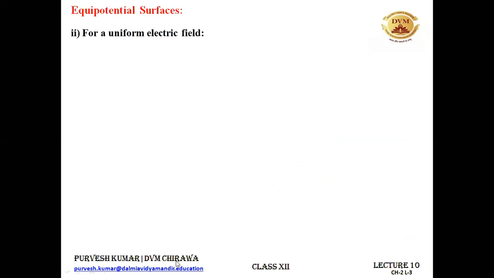Okay, now we have to go through another equipotential surface, that is for a uniform electric field. Generally in your exam questions, they ask you to draw the equipotential surfaces directly, and they may also ask you to prove some of the properties of the equipotential surfaces that we are going to discuss in a while. So you have to keep in mind how the figure looks and what diagram you have to make for different charge configurations. For a single point charge, you have to make concentric spherical surfaces. For a uniform electric field, the equipotential surfaces will be planes. They will be in the form of planes.